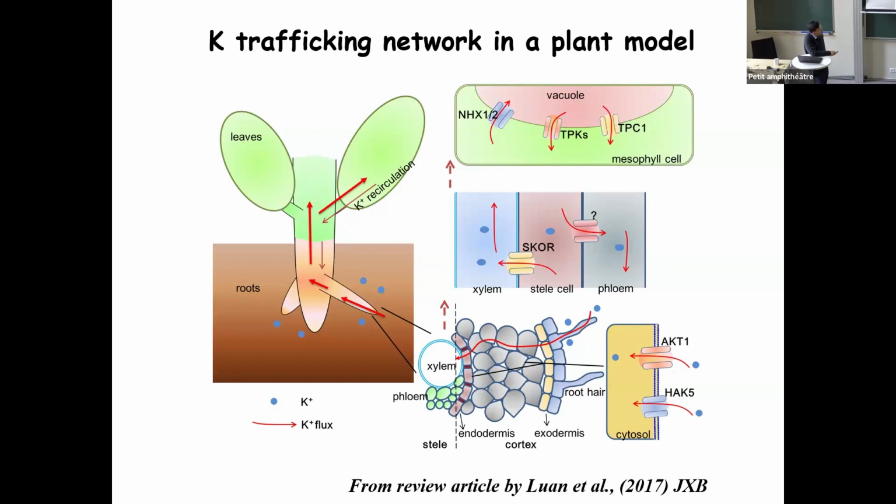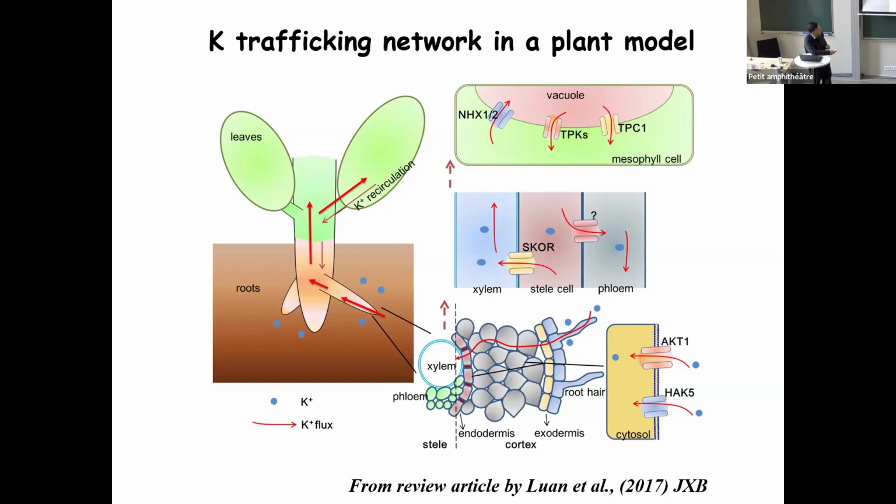And the root hairs use a couple of transporters to get the potassium in and then deliver it all the way to the xylem, and then it goes up to, let's say, the mesophyll cell. Use this one as a sink cell. Here, the cells will keep a lot of potassium in the cytoplasm and store excessive potassium into the vacuole, right? So there are two mechanisms plants use to deal with low potassium in the soil.